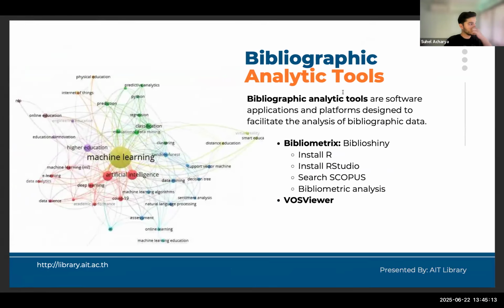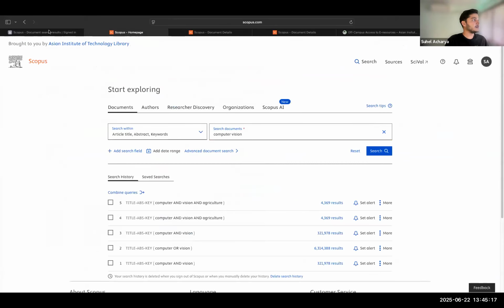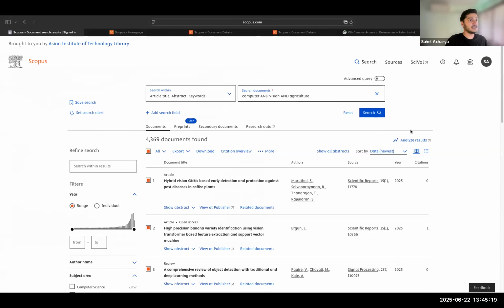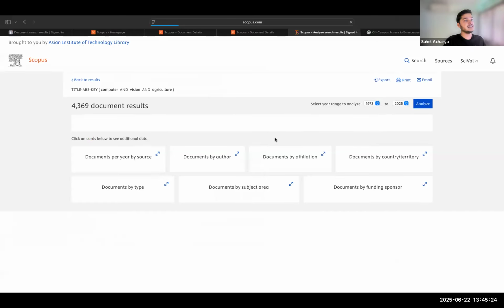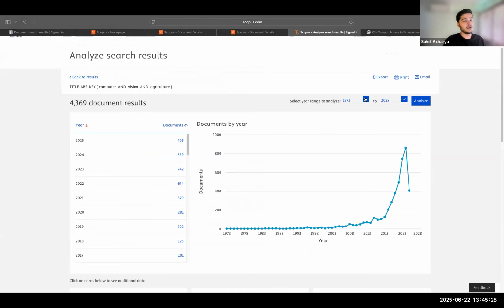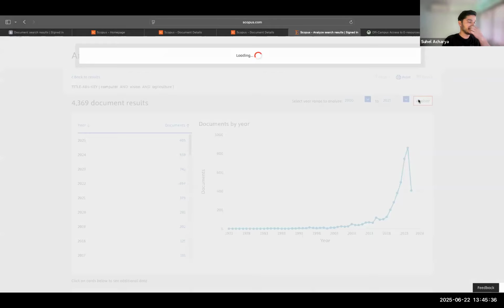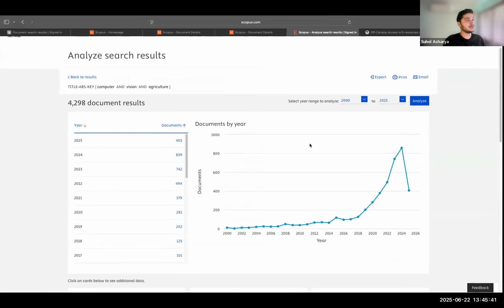So here is another tool that we can use, similar to this one. We did analyze results here, where we could see the trends and all the visualizations. We could also summarize this according to our preferred dates. So maybe let's say 2000 and then analyze again. This again can be done using another tool called